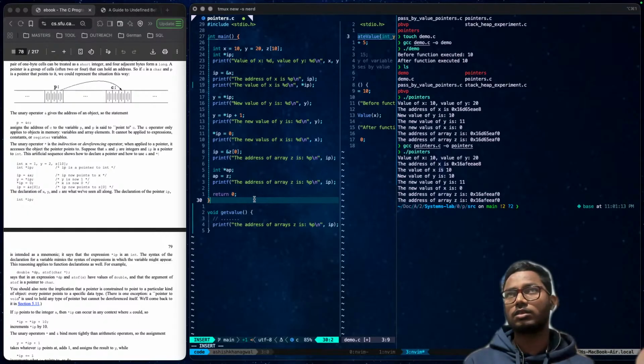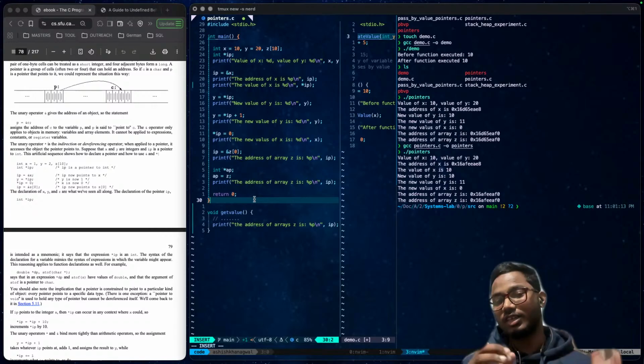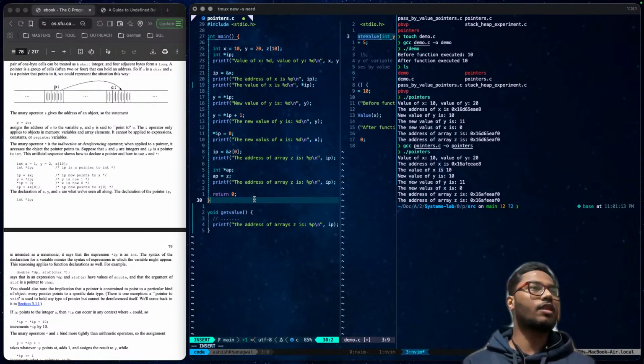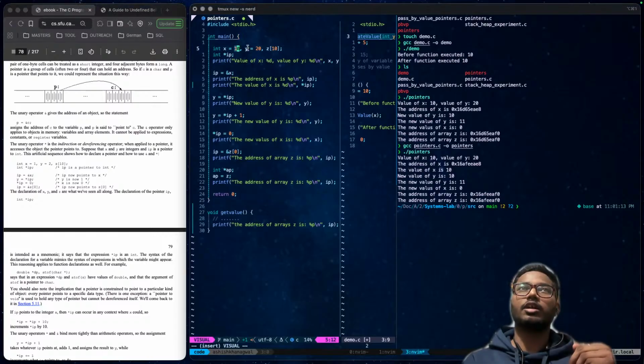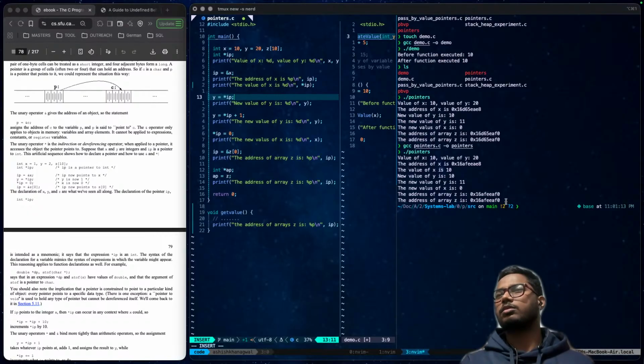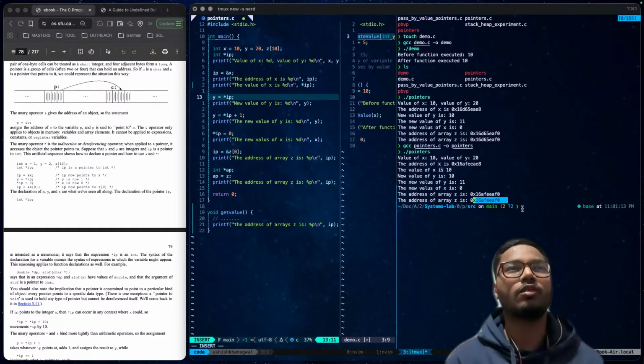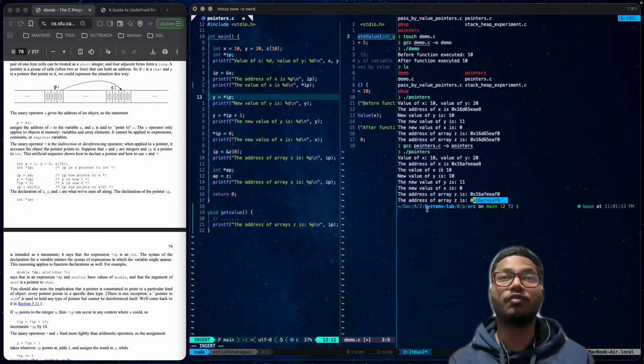Undefined behavior doesn't mean you'll face errors. You will just get random values, which won't make any sense because here you have specified 10, 20, and an empty array. You will think that you will get addresses similar to this, but no, it won't happen. You will receive different values.